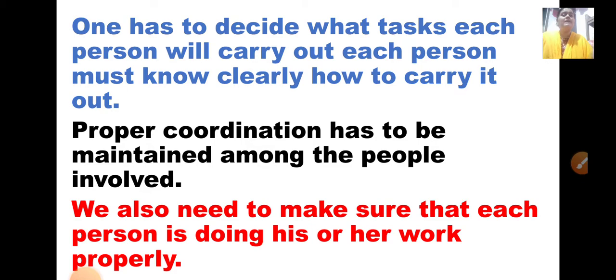If mistakes are there, immediately that person should be informed that no, this is the wrong way, you have to correct it and do it again. So when you correct that person on time, then it saves time also. And when the final work is there, that will be perfect. Okay, so you have to keep on checking whether the work I am doing is right or wrong.